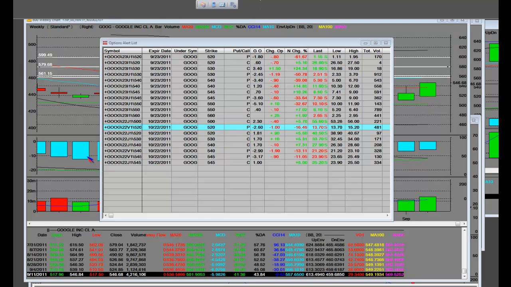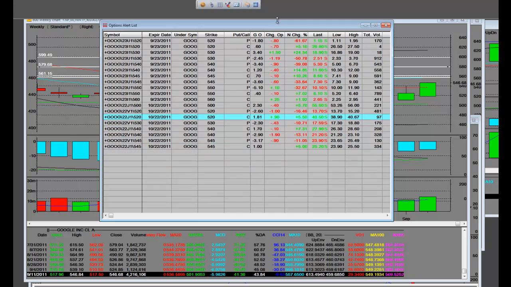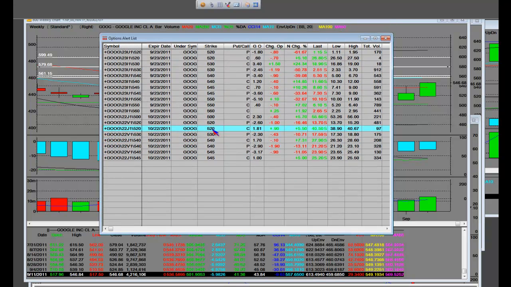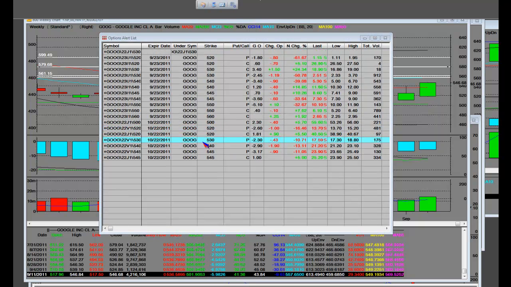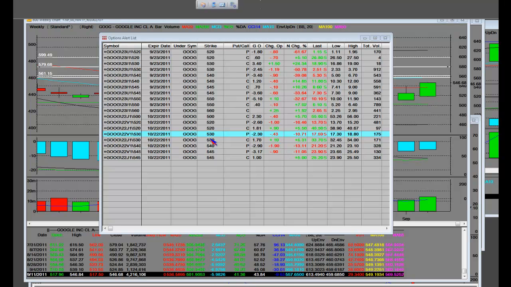On the 530 call, of course, you're going to need to put a 530 put in there that's below the market, and we just added it. 530 put. Let's make sure that we have everything here. So there's the 530 put. We want to be watching that because that's $14 below the market right here for 1022. On the flip side, you want that deep in the money 530 call right here for October as well. Then you've got your 540 put. You're going to need your 540 call that's $5 in the money as well.